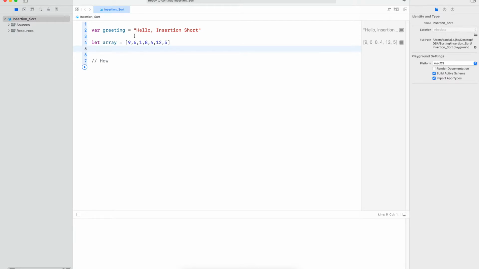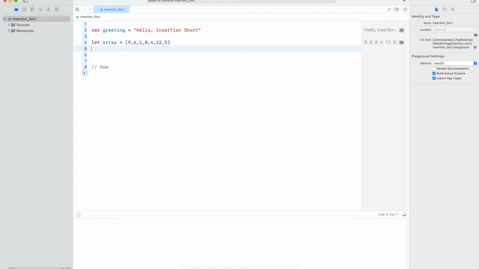Currently, with the current array, we'll divide this array into two parts. We are not going to actually separate the values or create two arrays from one. We will just assume by position which part is the sorted and which is the unsorted array. Basically, we'll consider the first element in the array as already sorted.